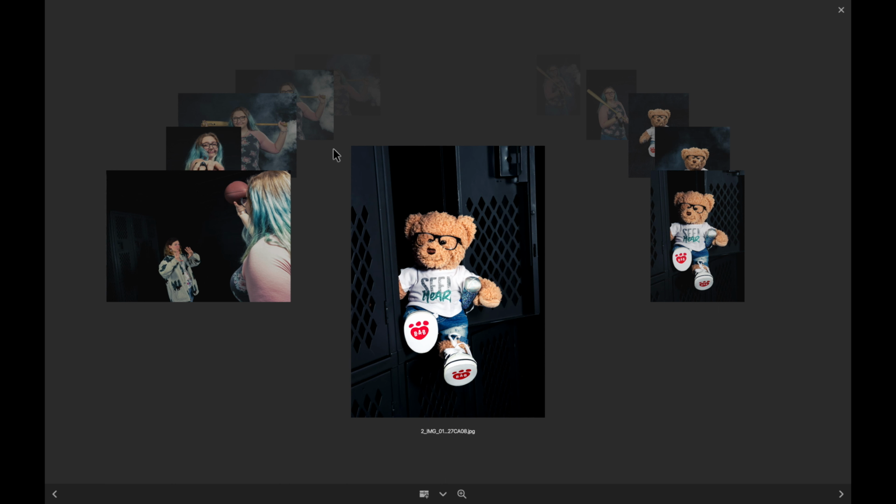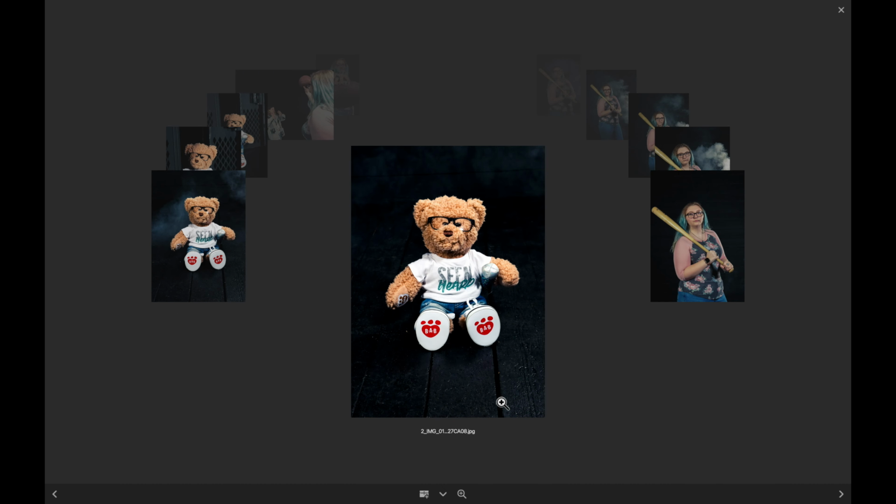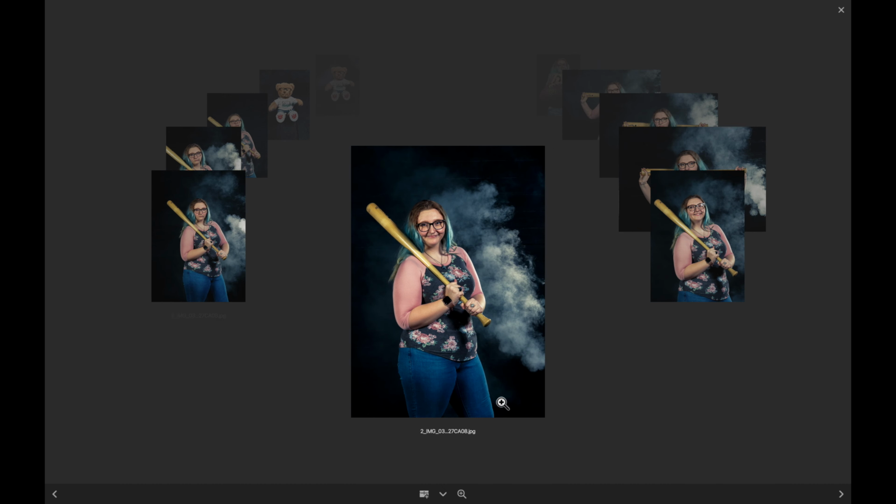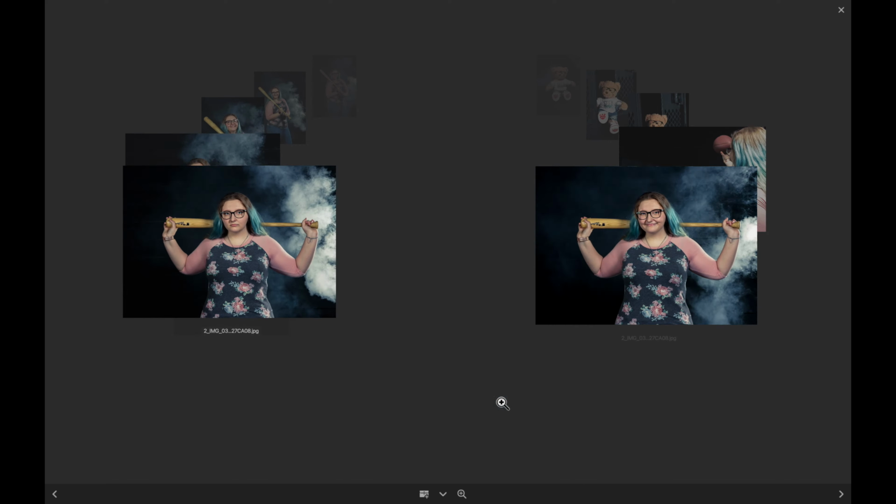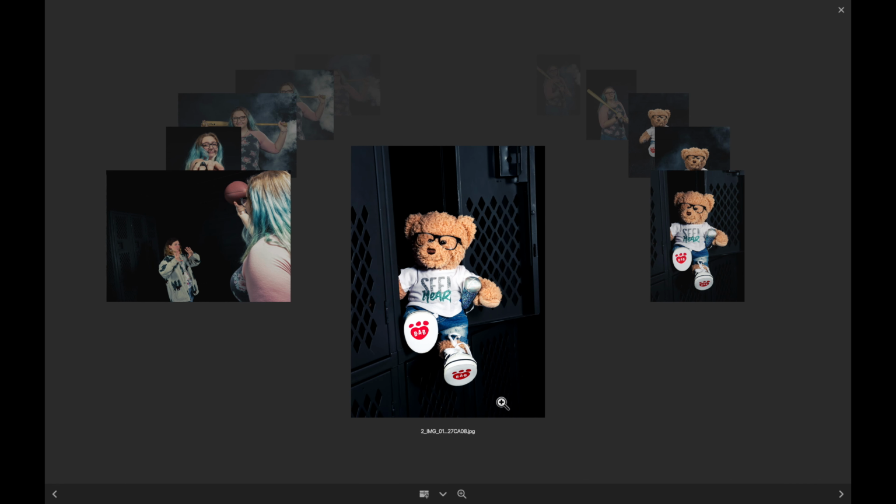Now once you do that, it's going to pull up all of your images in this basically like carousel of images. Now you could leave it there and just look through them and kind of see what you have, and if you're just reviewing a few images and trying to pick the best ones, that's an easy way to do it. But I'm going to take it a whole step further, and I'm going to show you